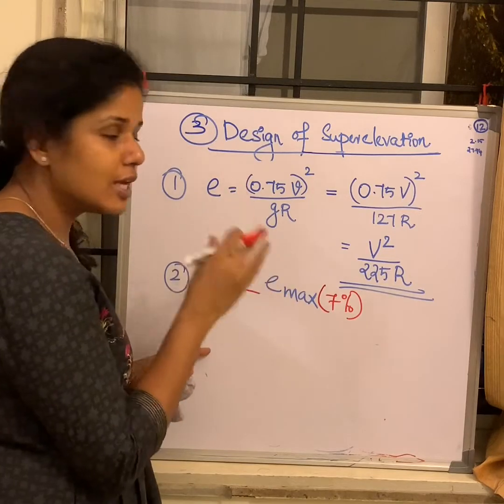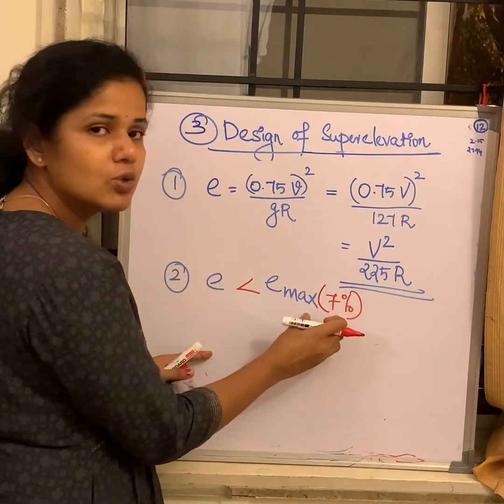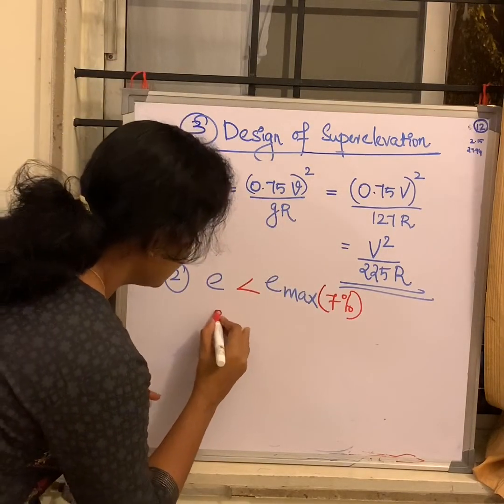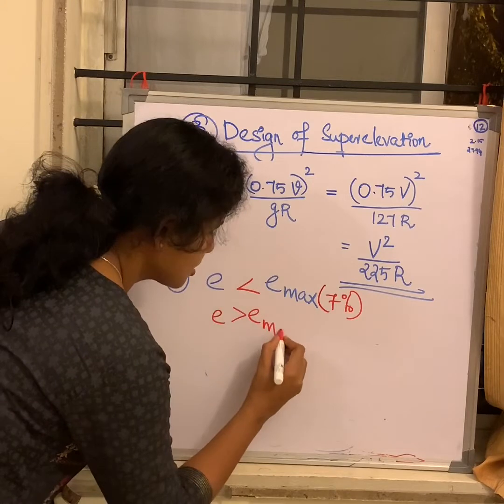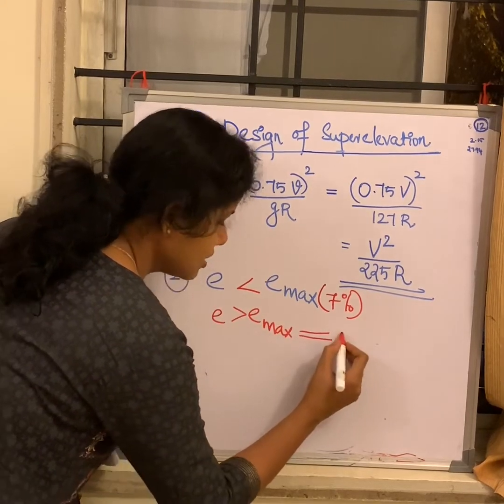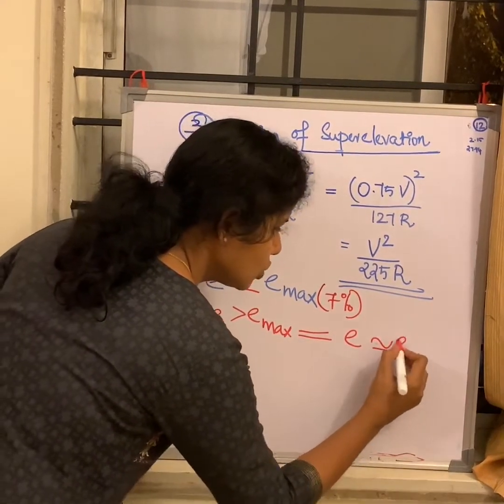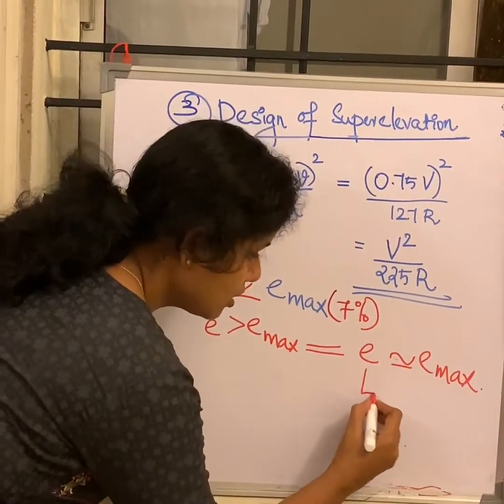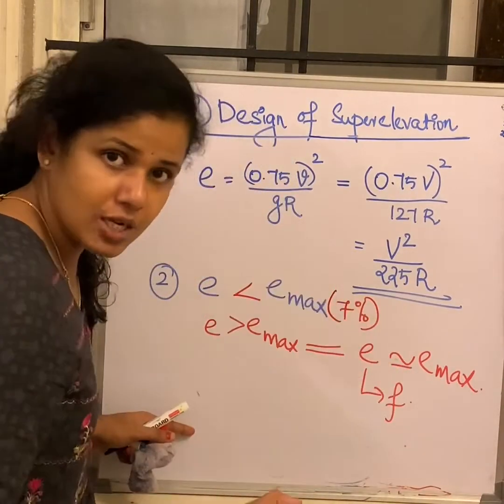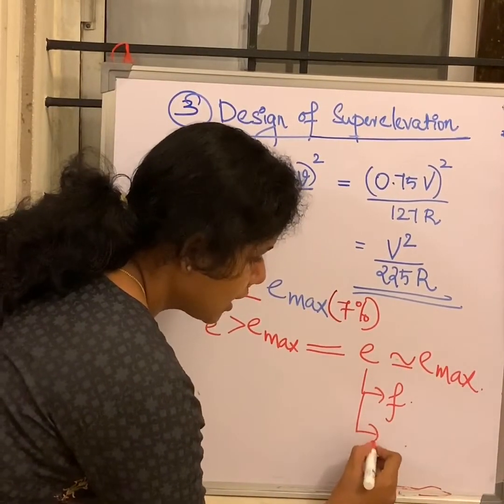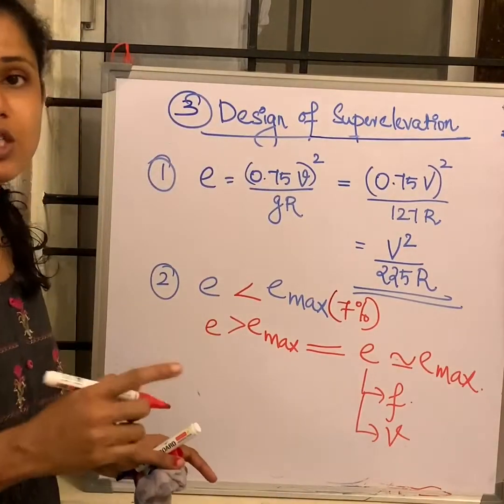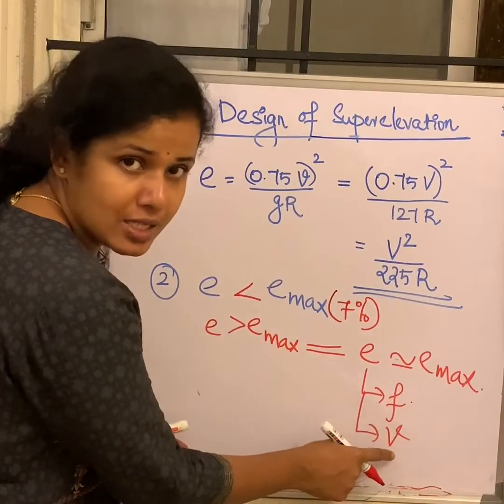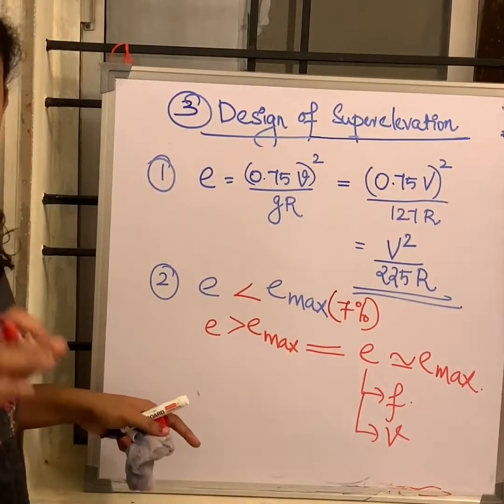So there is a limit. There is a need for me to limit the super elevation value to E max. I am just going to write E greater than E max. If this is the criterion, it means one has to limit E to E max. But if such a case comes, you need to check what friction is developing and what the vehicle speed is. These two conditions have to be checked. That calls for step 3 and step 4. So let's write step 3 and 4.